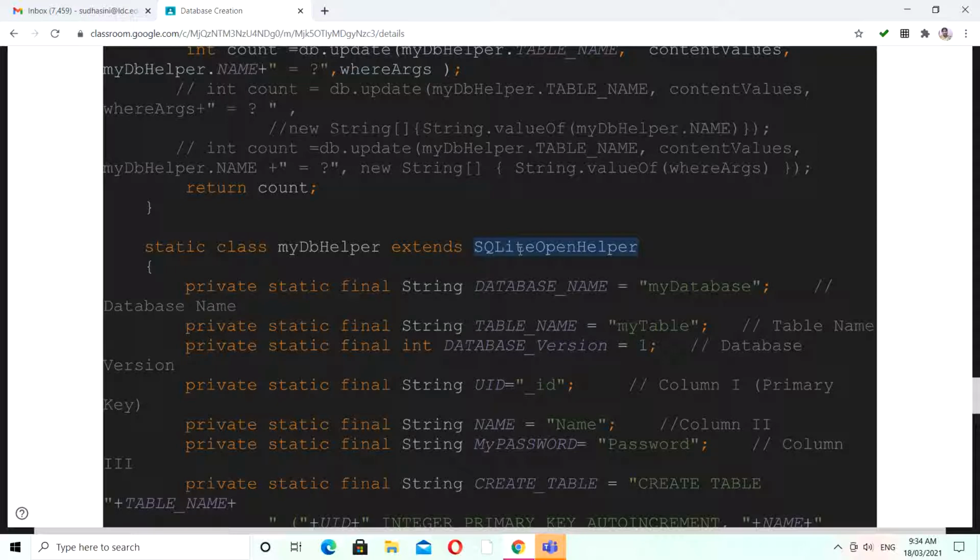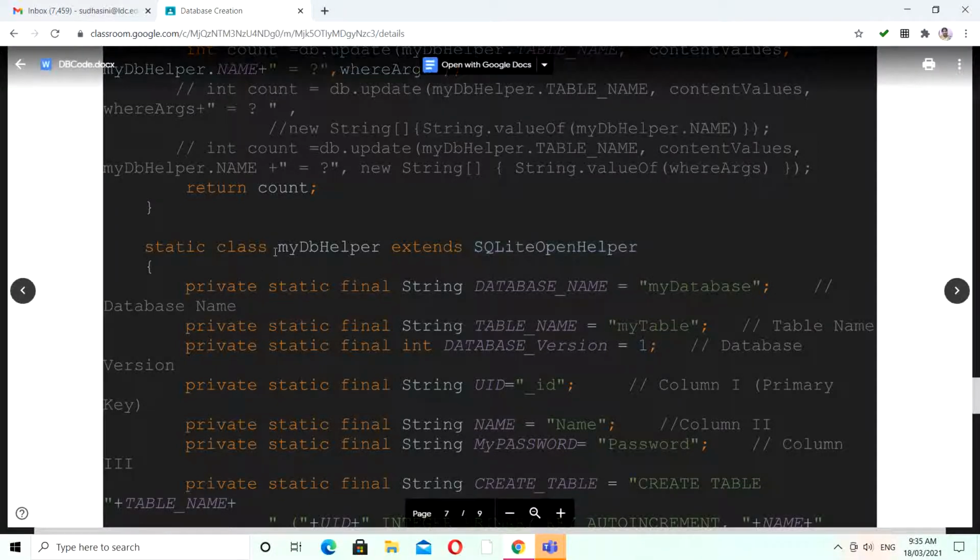We already know the use of SQLite open helper. Within it, we can handle the creation of your database and table, and the upgrade of your environment, either updating your version to a higher or a lower one. These kinds of activities will be there in your SQLite open helper.